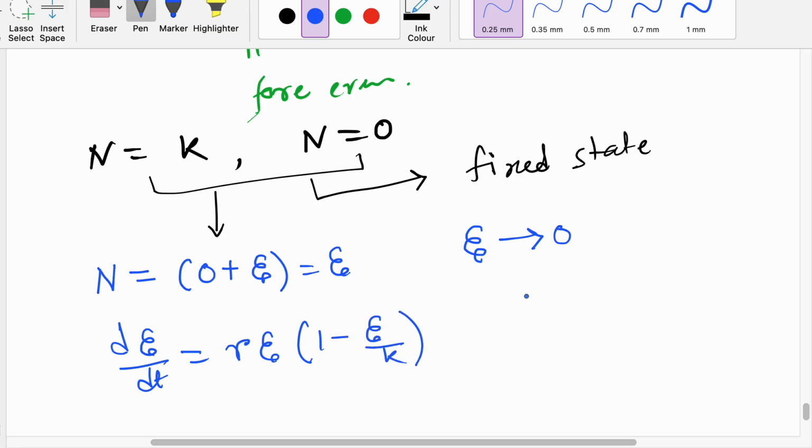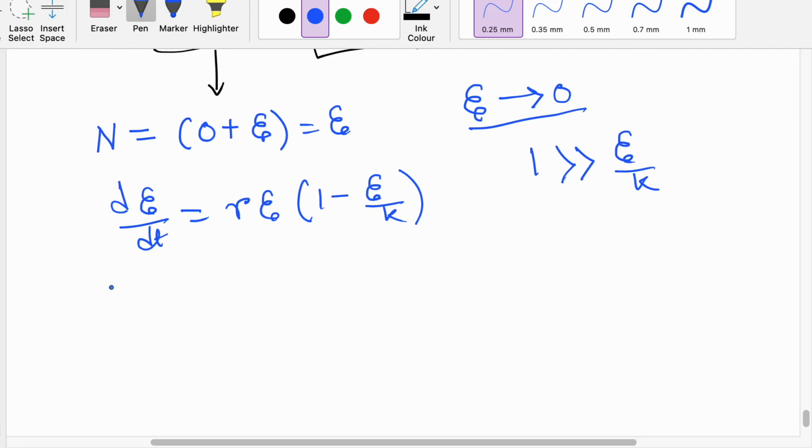Now you see epsilon is tending to 0, so 1 will be much greater than epsilon/K. So this epsilon/K will contribute very little to this equation, so we can write d epsilon/dt in the neighborhood of 0